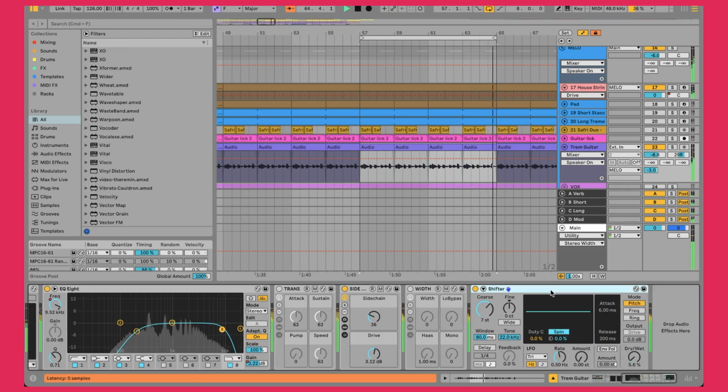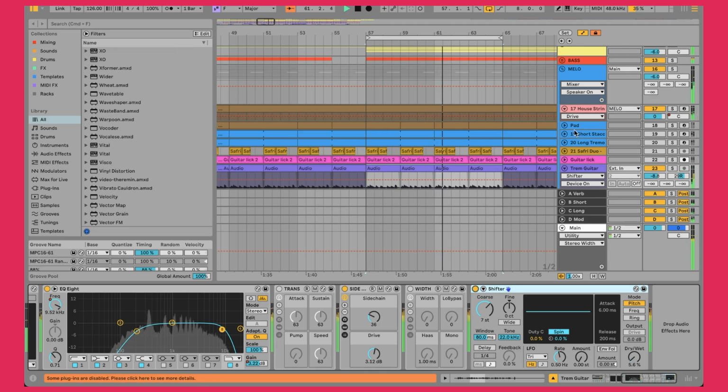And then a little bit of this Shifter, very light. That's without it. And this is with it. Very light. It's just adding, I believe this would be a fifth. 7 semitones, I believe, is a fifth above the root note that it's playing, and it's very lightly dialed in to add a little bit of fullness. Again, trying to make the guitar sound a bit like a pad.